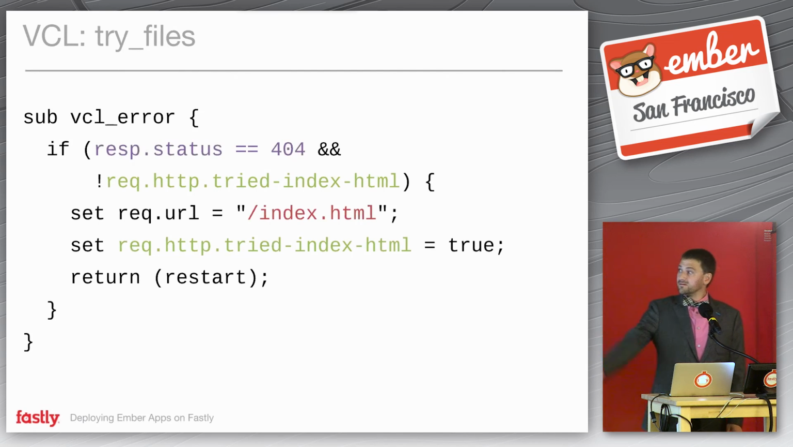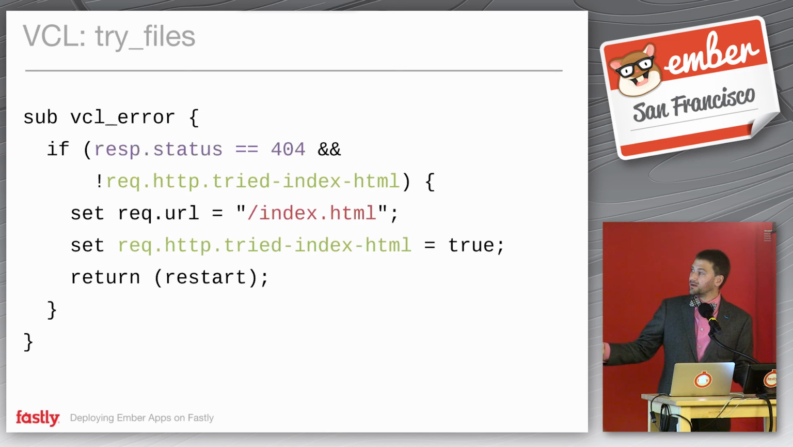This is how you write that in VCL. So it's a little longer than the Nginx because there isn't a built-in module, but it's pretty straightforward. So in the error hook, right? So we've tried. We got a request for /billing. We went to S3. There's no asset called billing, so we come down here to VCL error with a 404,